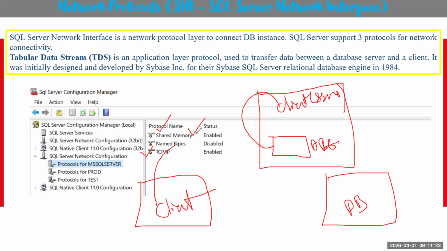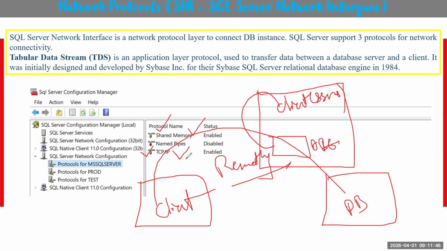Now your client wants to access the DB. If you want to connect to SQL Server remotely, this is the terminology you need to remember: remotely. When you are accessing SQL Server remotely, by default it will use the TCP/IP protocol.